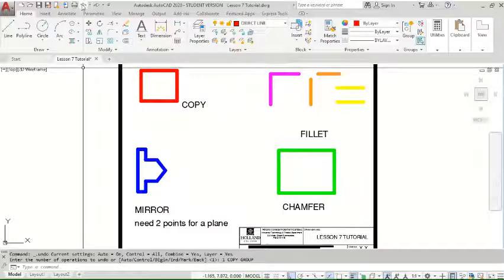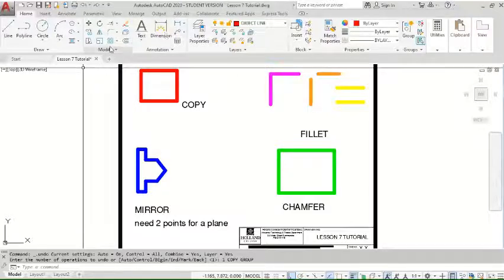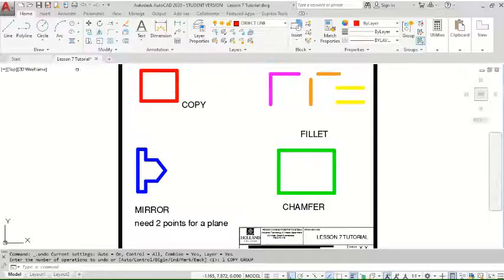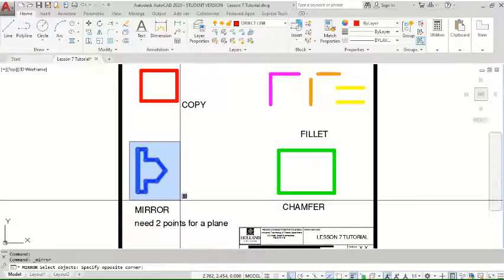The next one that they do is called mirror. So the mirror command allows you to make a mirrored image of any object you want. You can use this command for creating right or left hand parts, or to draw half a symmetrical object and mirror it to save your drawing time. So we're going to select mirror, and reading the command line, it says select objects. So I'm going to pick that shape